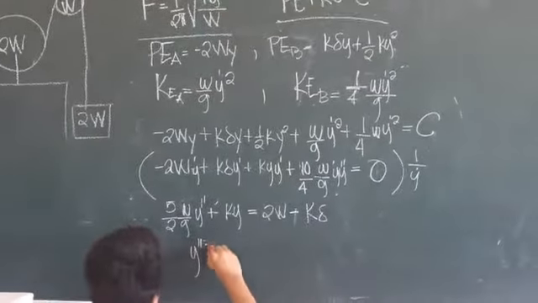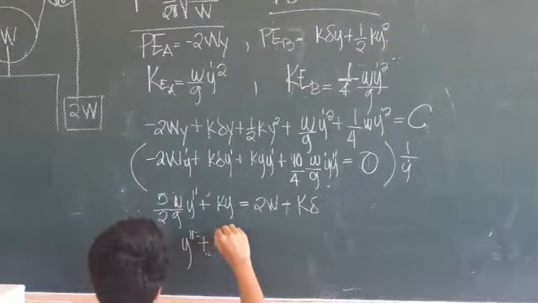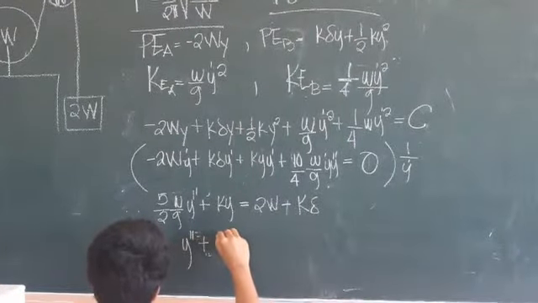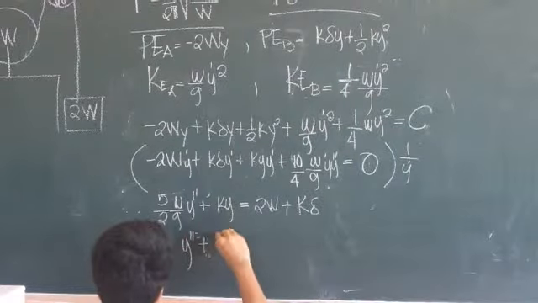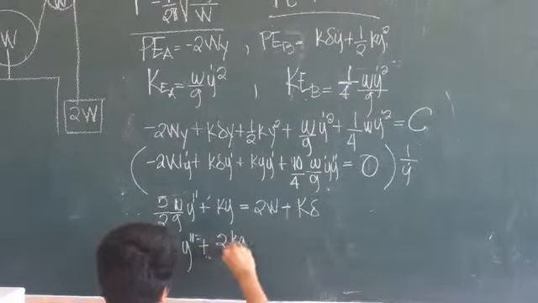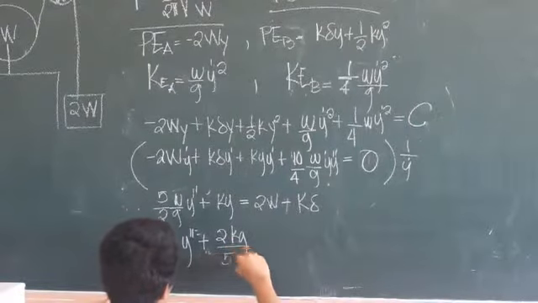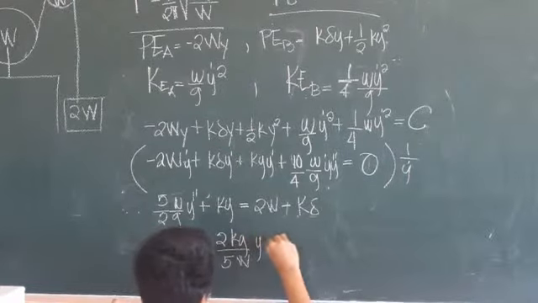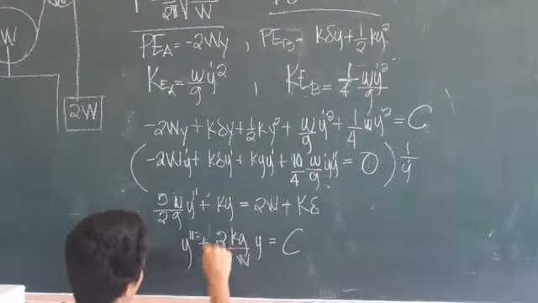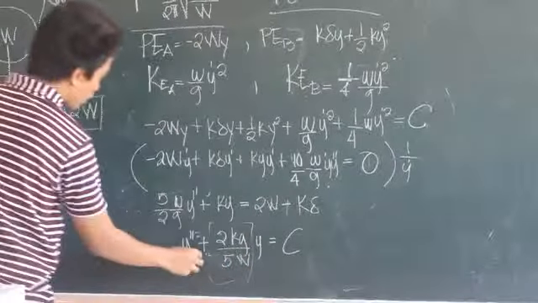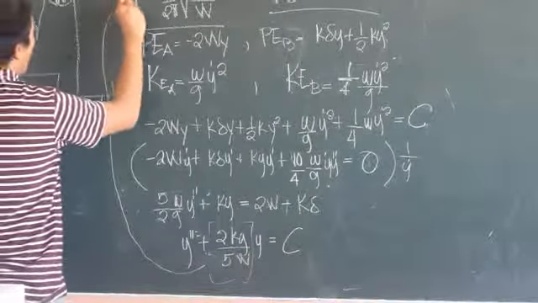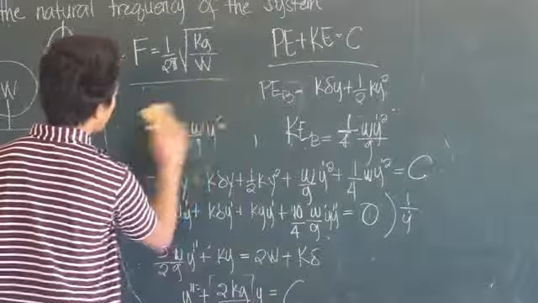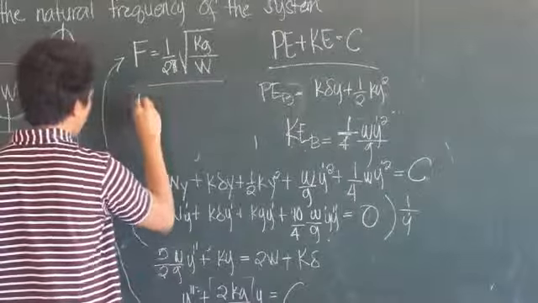Simplifying this, so this constant here is just our natural frequency. So now, the natural frequency of the system is equal to